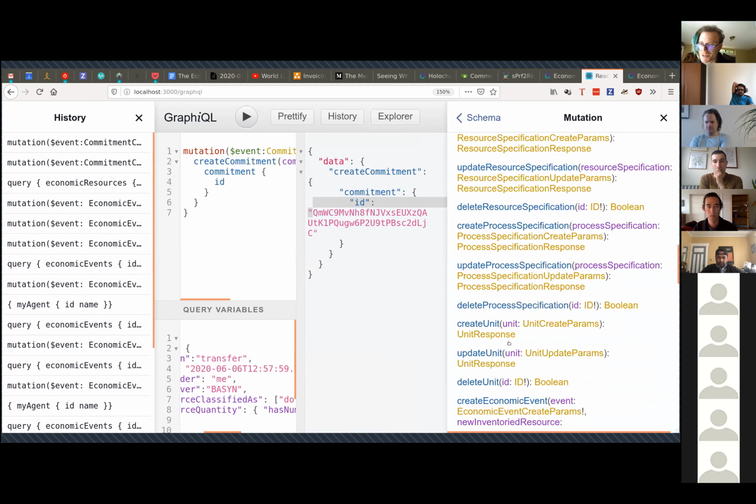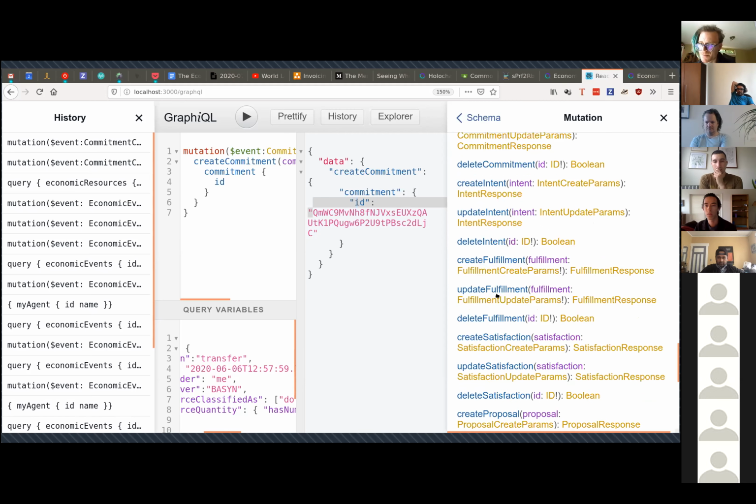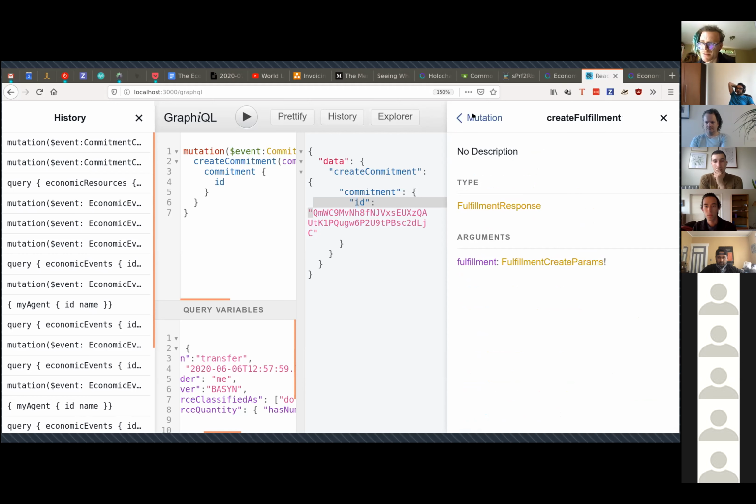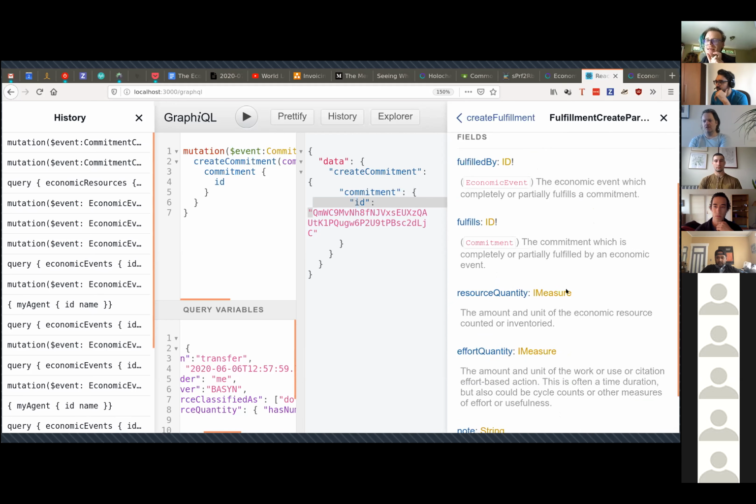I wish you could search this. It's a fulfillment, right? So when I create a fulfillment, it's basically a record that links these two that I've already created here. So if I logged another economic event to say that I had transferred this stuff, then in the process of logging the event, I can say that there's this other fulfillment between the event and the commitment. So basically saying how many